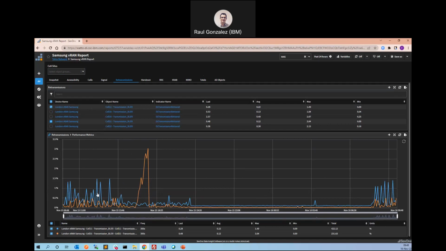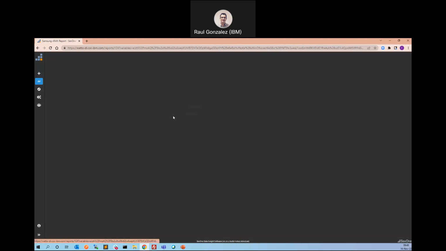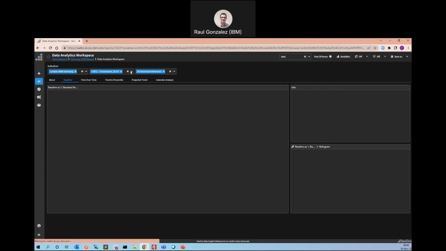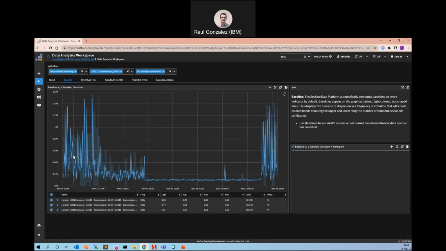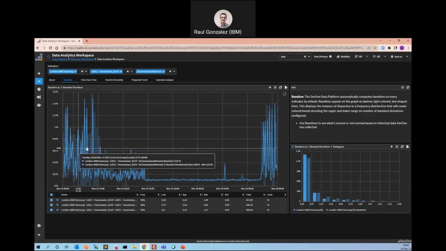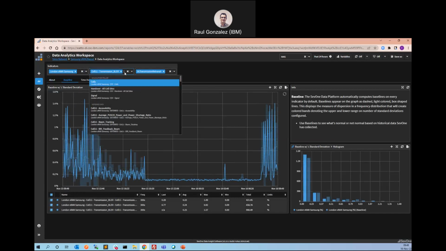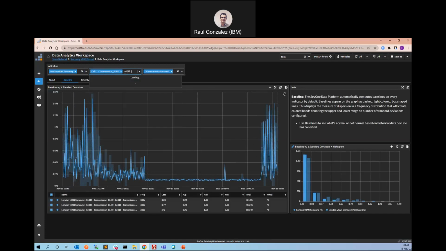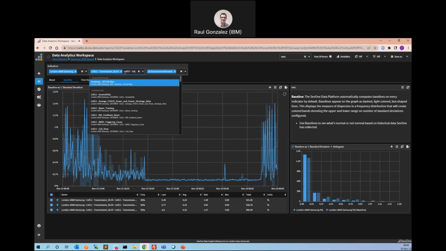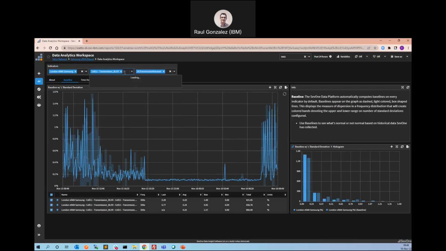And how do we know that? Well, with our machine learning, SevOne understands normal behavior. Let's go to this metric, to cell 11. You can see that this is normal behavior, because the metric is always more or less within these boundaries. Whereas if we select cell 31, and I try transmission, it's going to be easier,